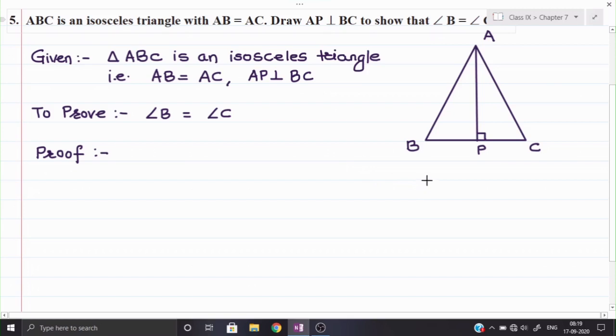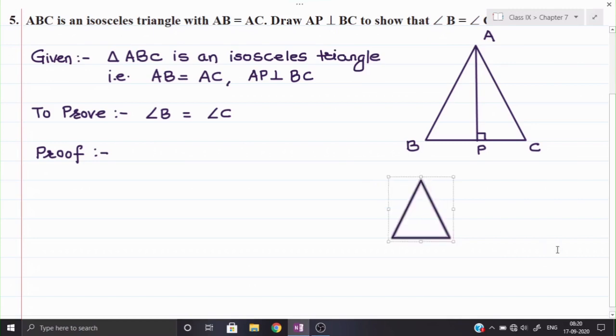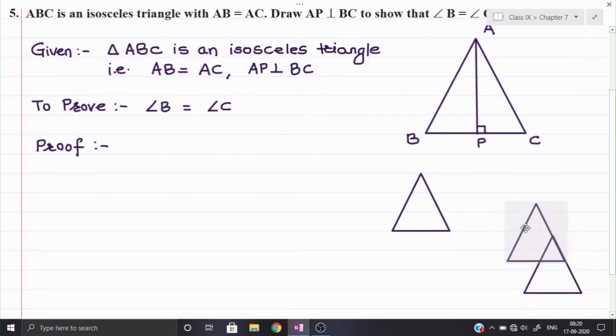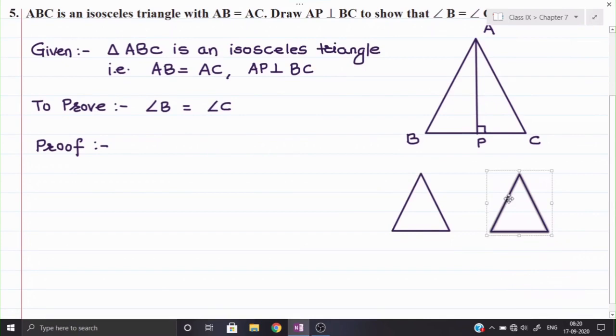Suppose this is my first triangle, a little bit wider we can make it. Yes, two triangles we have taken now. Okay, now I am giving names to these two triangles. You can see the main figure. In the main figure we have two triangles, means in one triangle there are two other triangles. One triangle is triangle APB and one more triangle is triangle APC.